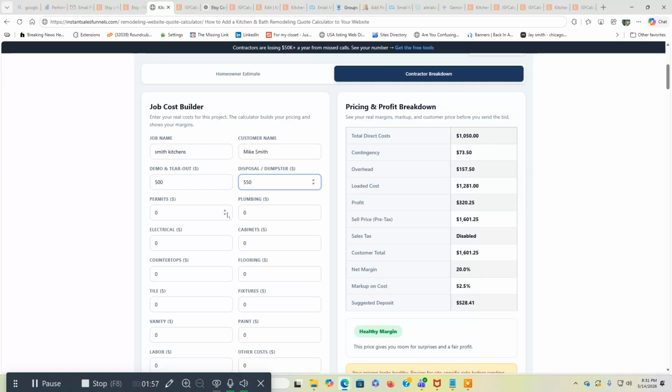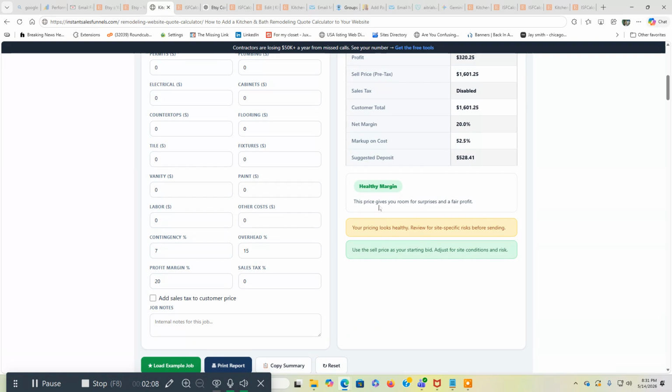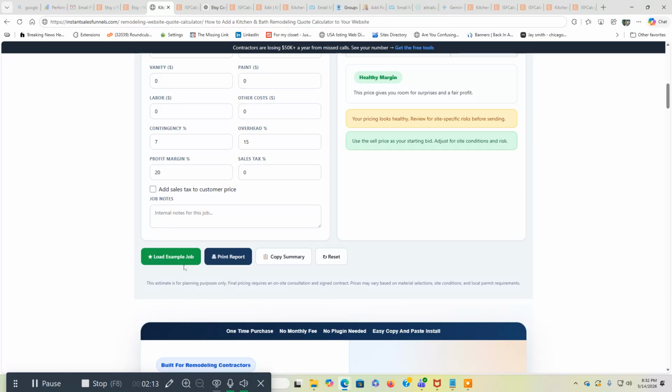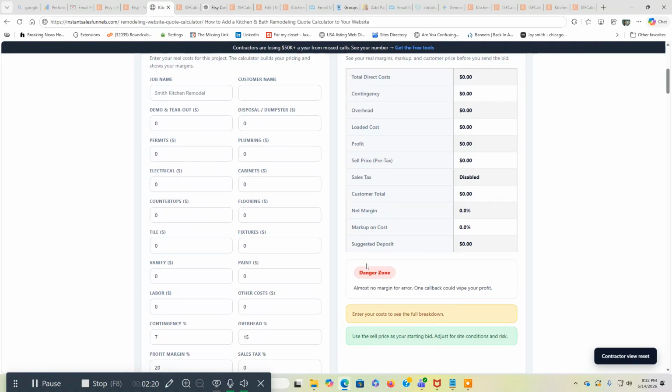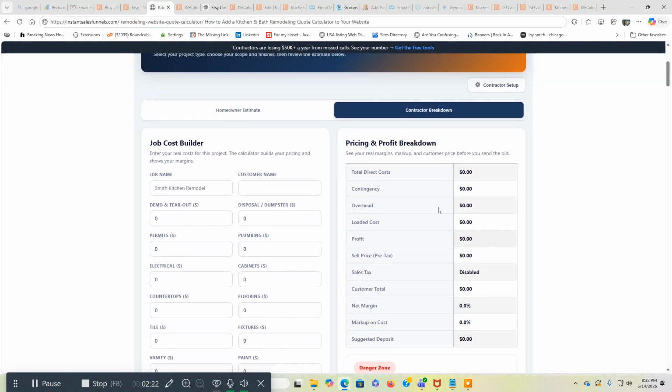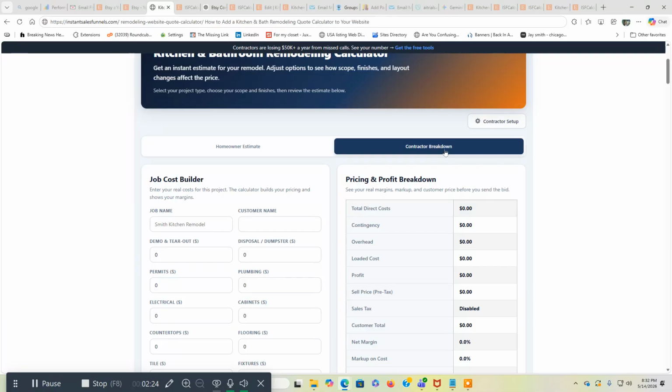So you're going to put in your numbers here, your permit fee, your electrical, cabinets, countertops, flooring, whatever your fees are, you're going to put it in here, and it's going to adjust automatically in the pricing and profit breakdown. It's going to tell you if you got a healthy margin, this price gives you room for surprise and a fair profit. You can load an example job, print report, copy it, and you can reset here if you want to start over. Just click reset. It's going to reset all the settings, and you can start over. So it's got everything you need for you as a contractor to price your jobs, get some estimates over here,